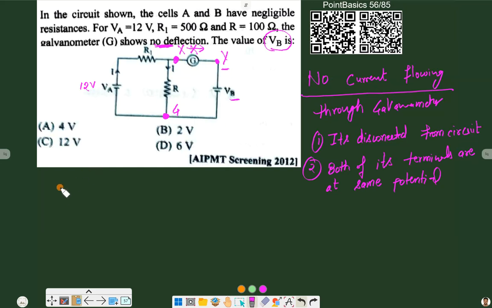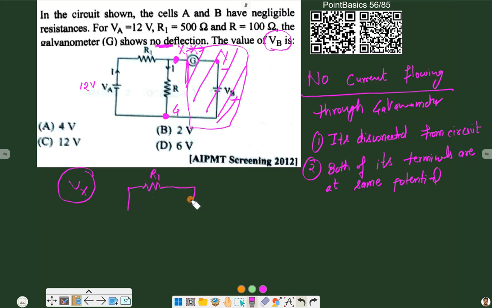So what we have to find out? Just we have to find out potential at X, and that will be equal to potential of this cell. And as no current is flowing from this part, so what we can do? We can effectively neglect this part of the circuit, and we will be left with this one. So we will redraw the circuit, and our new circuit will be